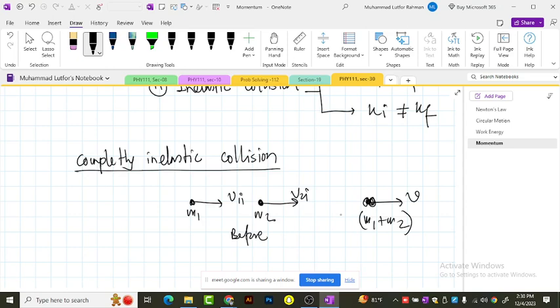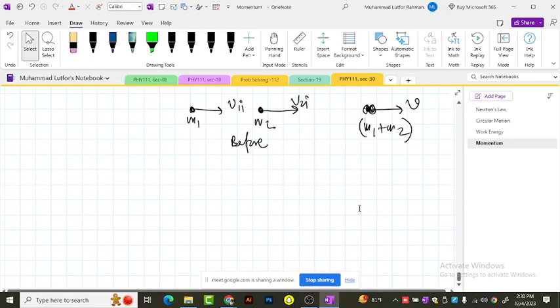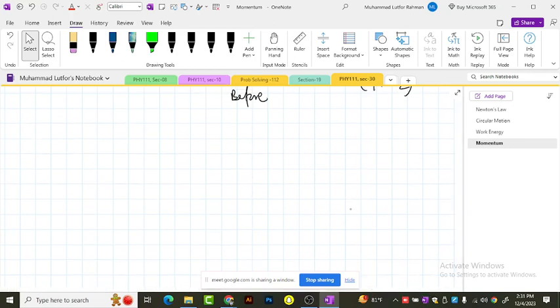In a completely inelastic collision, remember that the maximum amount of energy is lost from the system. That's why when an accident occurs, if the two cars stick together, the maximum amount of wreckage can occur on the road. The acceleration would be very high, and due to that high acceleration people can die. That happens in reality when two cars stick together. All right, so fine, let's talk about